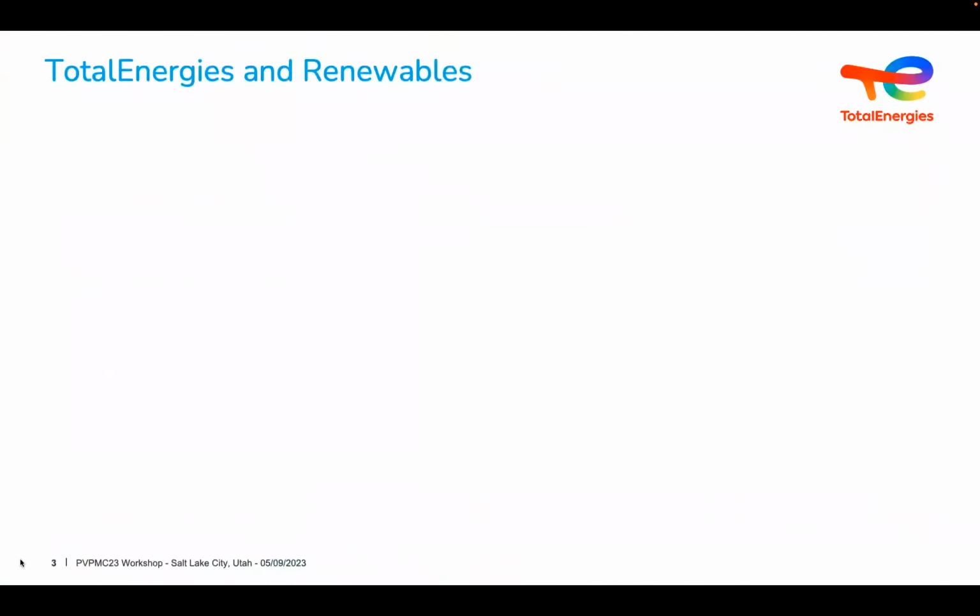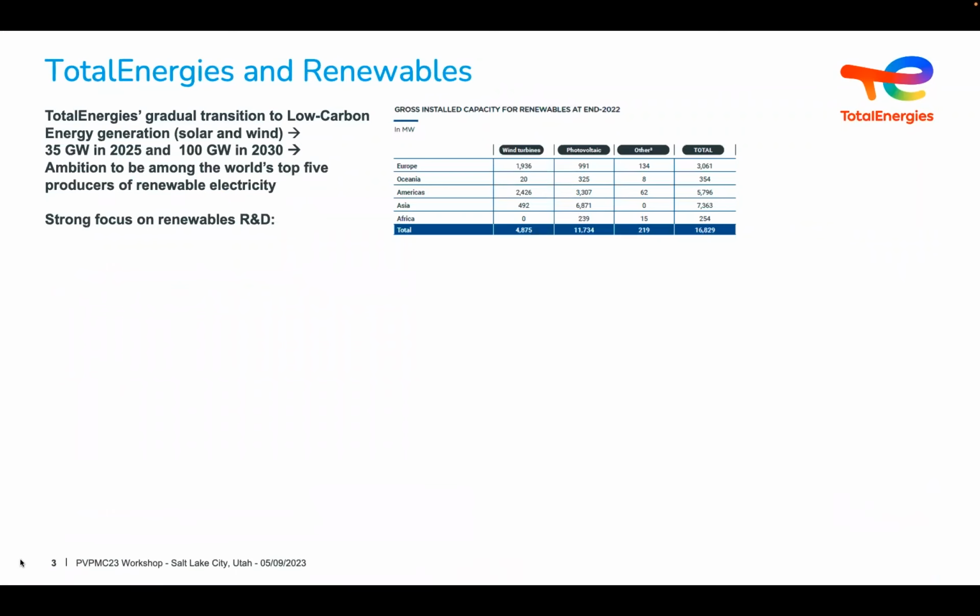So a few words about TotalEnergies and our involvement in renewables. Maybe you know it as an oil and gas major, but actually TotalEnergies is gradually transitioning to become a low carbon energy company, utilizing mostly solar and wind. By the end of 2022, we had 17 gigawatts worth of assets in wind and PV. And according to the pipeline, we will have 35 gigawatts by 2025 and 100 gigawatts by 2030. And this will allow us to fulfill our ambition to become one of the top producers of renewable energies